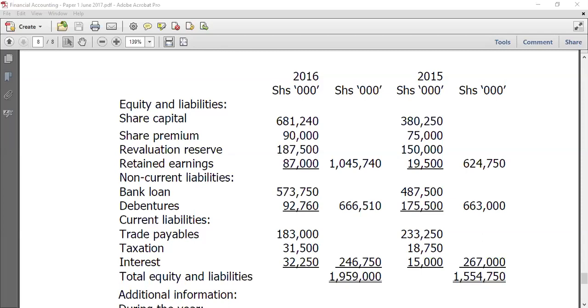What I want to show you is how we actually determine the taxation paid. Okay, right here. I'd lost this. So I was saying that these are the